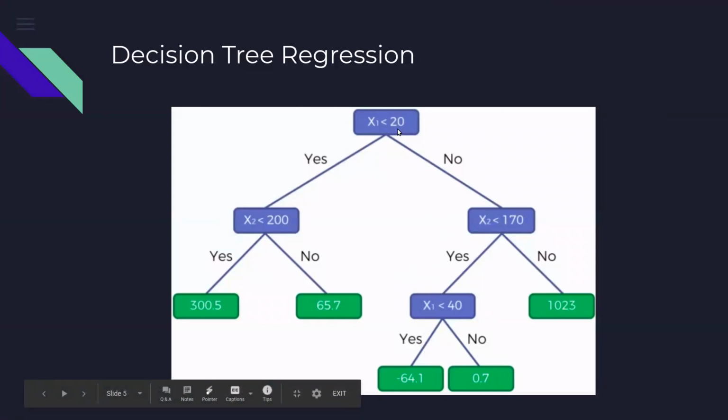The process is that we take a decision criteria which helps us divide our database into two or three, and that's how we go on climbing the branches, and in the end, depending upon what criteria it meets, we will come to a conclusion that this is the price it should be. Now how the system does that in the back end, it will be experimenting with different criteria. So here we have just taken one criteria. It will be experimenting with different criteria and see which criteria is giving me the best result.